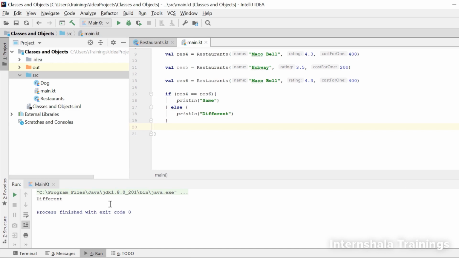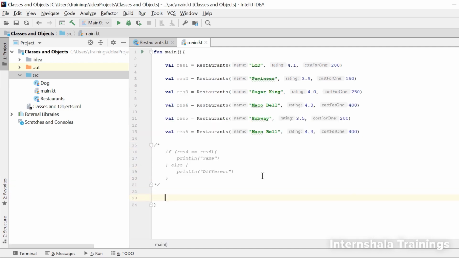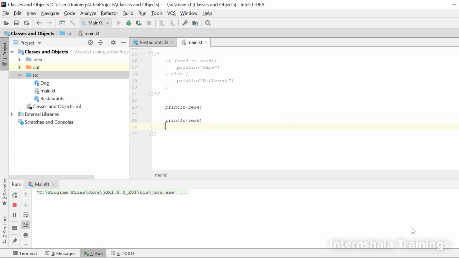Why? Because we know that for normal classes, the compiler performs operations on the objects rather than the data stored in the objects. Let's print these two same objects for a normal class. If you see, despite the fact that they have the same data, the objects are different.